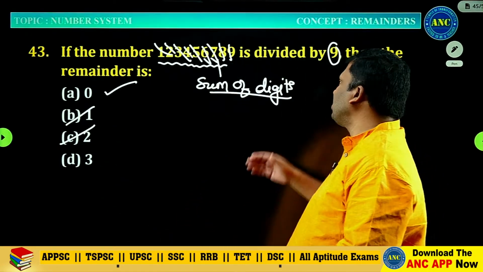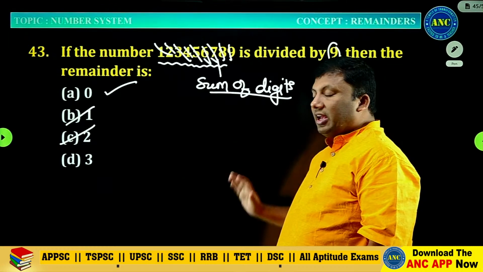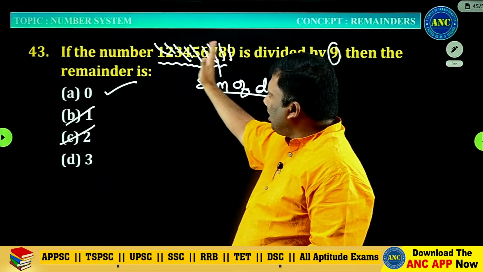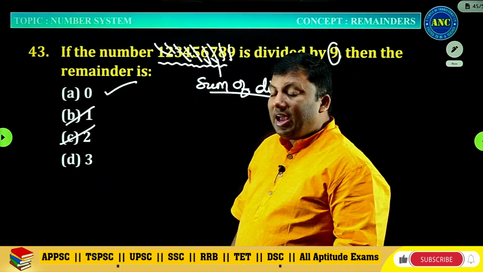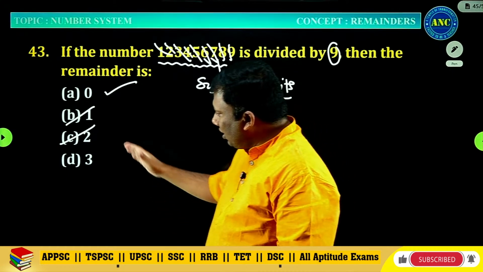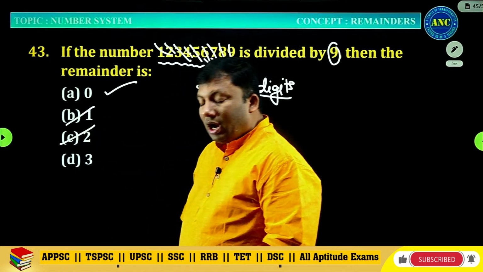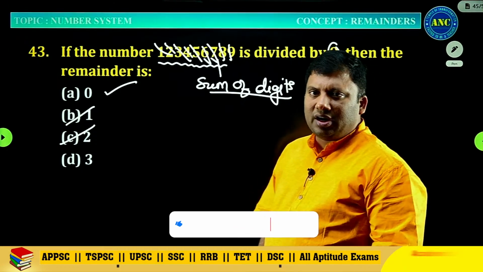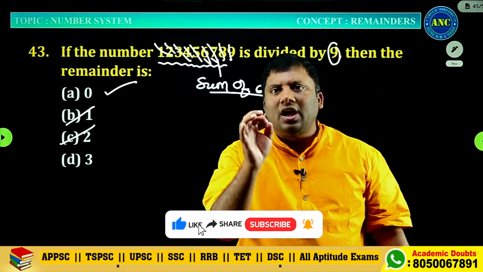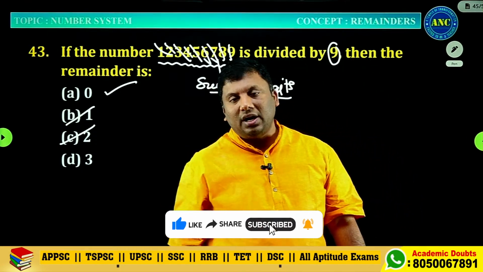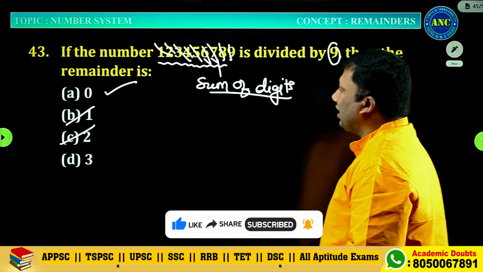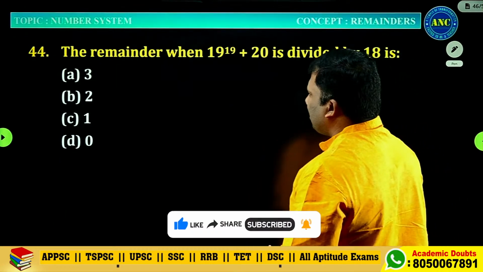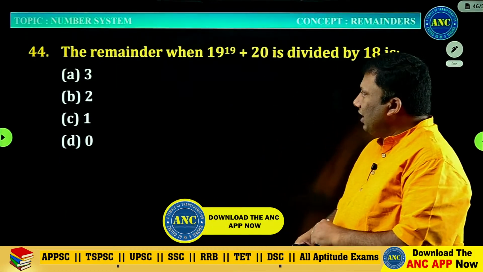Looking at the question itself, 9 is derived from 3. So this entire number is divisible by 3. The answer should be divisible by 3. B not possible, C not possible. Two options you eliminated by using the Chinese remainder theorem. If you get a composite number as the denominator, consider yourself lucky. Tell me, sir, right?